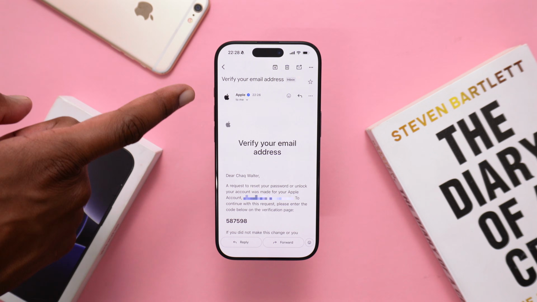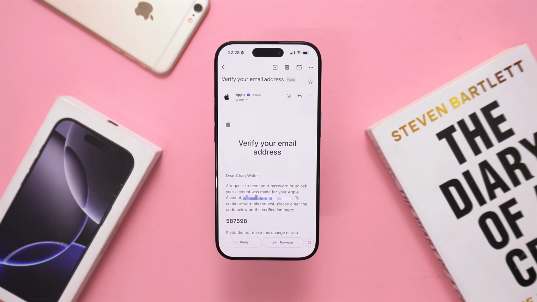Now, this is how the email that gets into your inbox looks like. We've got in here Apple and verified. It's very important for you to double check that the sender of this is actually Apple. Otherwise, it won't work, okay? And then you do have the verification code in here sent to my email, and I just had to type in that specific code in this sequence